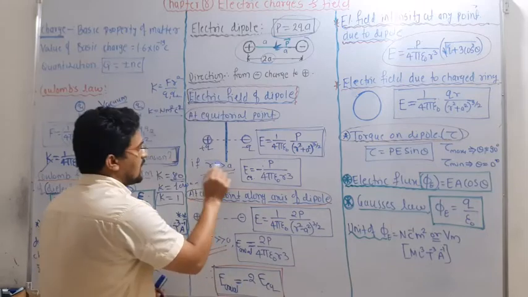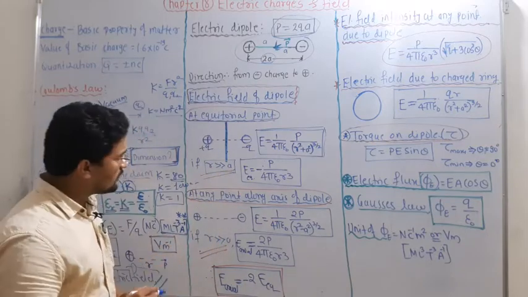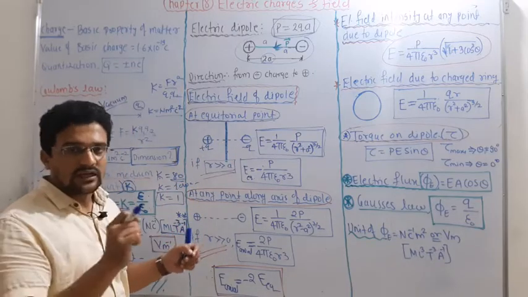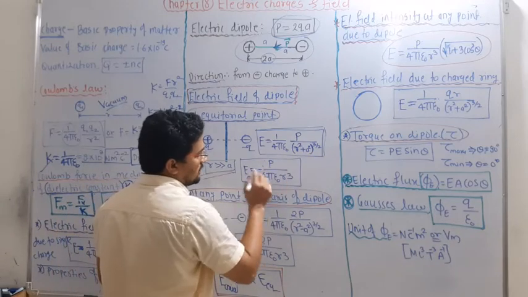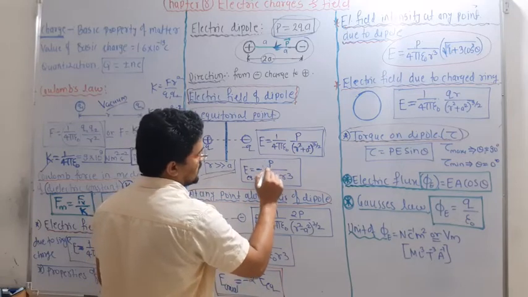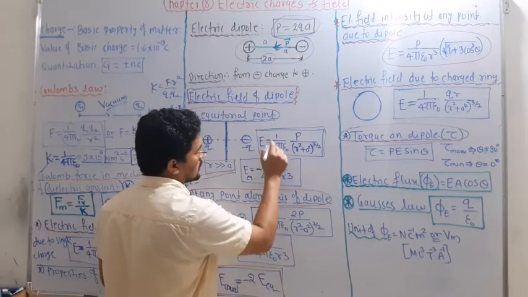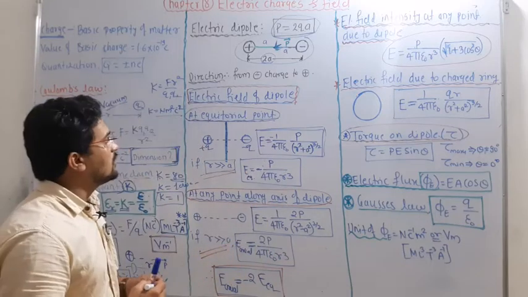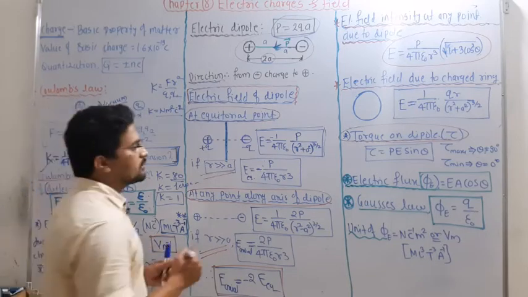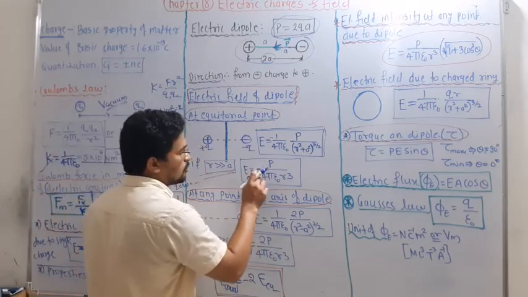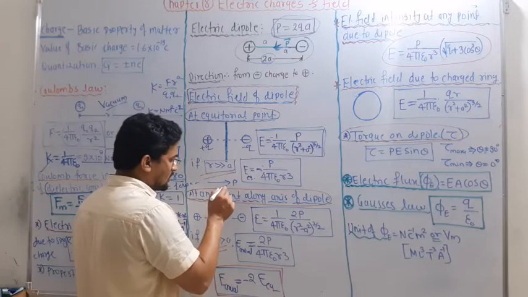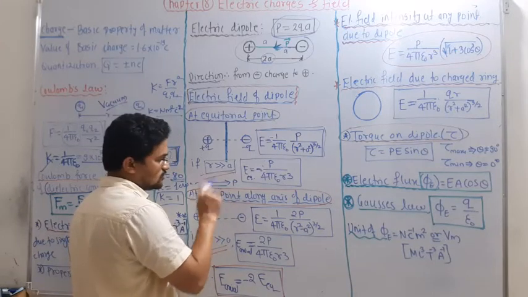Okay, suppose r is much greater than a. If this a is very small compared to the r where you want to find the electric field, then a becomes 0. So what is left is E is equal to minus p divided by 4 pi epsilon naught r cube. Actually it is minus, and that minus shows that the electric dipole moment and the net electric field are in opposite directions. So that's why you only have to signify this minus. Don't take it in calculation, it is not required. This minus shows the electric dipole is pointing in this direction, but the net electric field is pointing in the opposite direction.